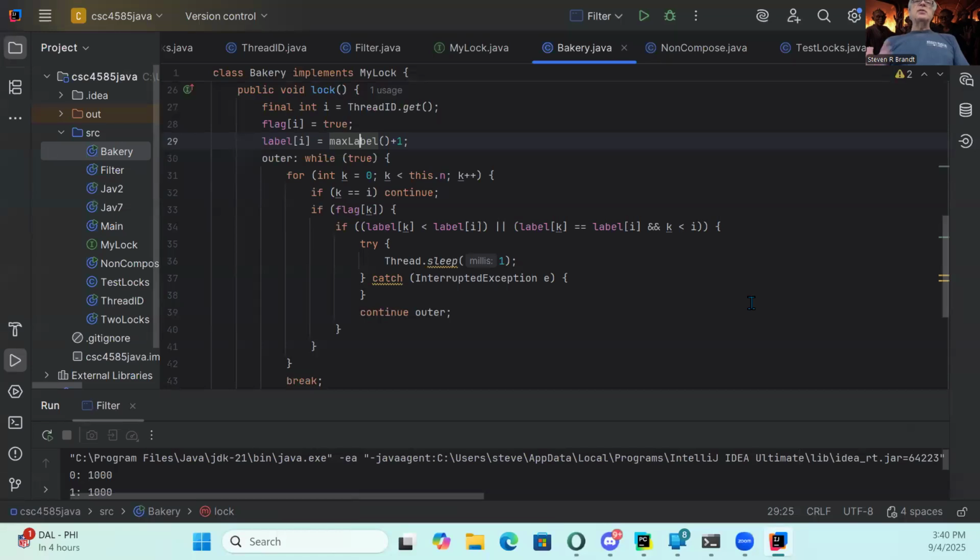I think I did it better in the filter lock. I have this while true, and I have an outer tag on it. And then I go through each of the Ks. And if K is equal to I, continue. And if my flag is raised, and if there's a label that's lexicographically smaller than mine, then I sleep for